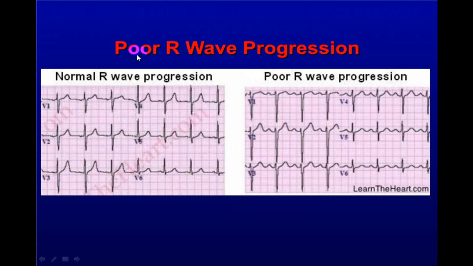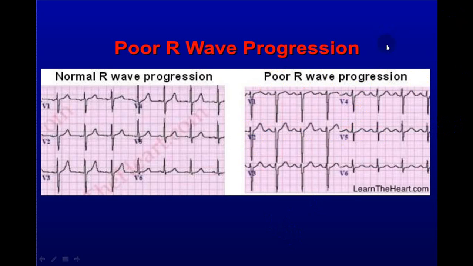Now this is how you identify a poor R wave progression. You can see here, this is a normal. V1, slowly V2, you can see in V3, almost this is becoming transitional zone. In V4, R wave is exactly equal to S wave. While if you see here, there is hardly any R wave. You can see a very small R wave. V4 also. Now in V5, you get R wave equal to S wave. So transition zone is shifted to left side. This is called poor R wave progression.